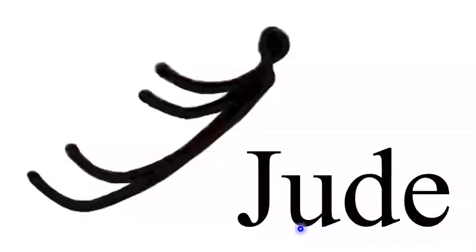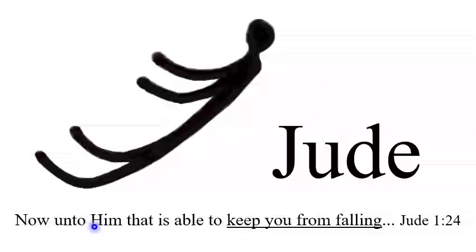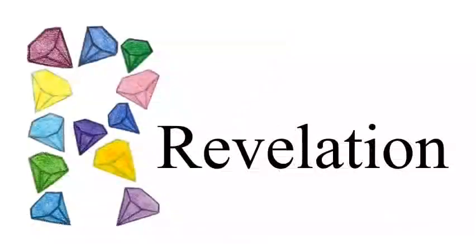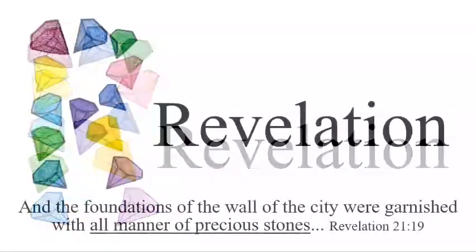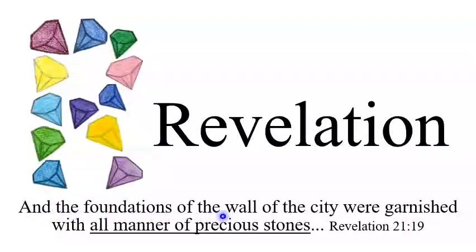The icon for Jude is a person falling, because the Bible says, "Now unto him that is able to keep you from falling." The icon for Revelation is 12 jewels in an R shape, because the Bible says, "And the foundations of the wall of the city were garnished with all manner of precious stones,"